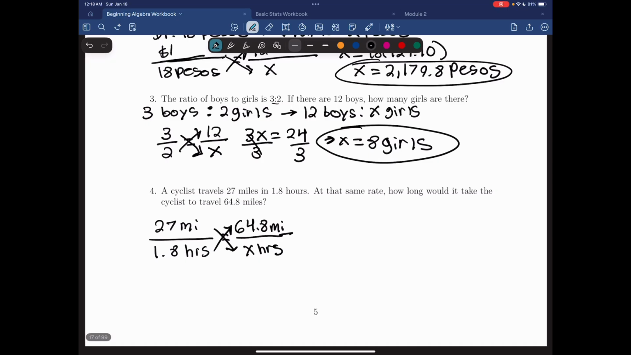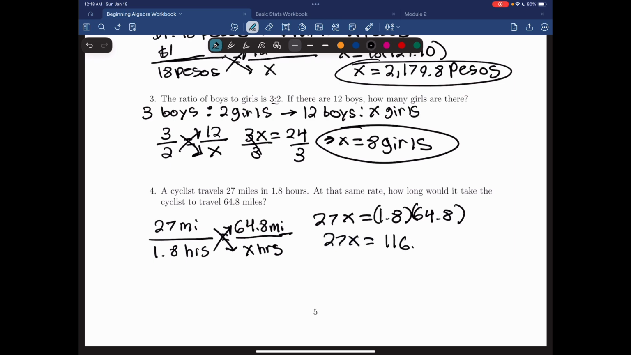So we get 27 times x equals 1.8 times 64.8. Well, we get 27x, and then 1.8 times 64.8 is 116.64. Now to solve for x, let's divide by 27 on both sides. And we get x equals 116.64 divided by 27, which is approximately,